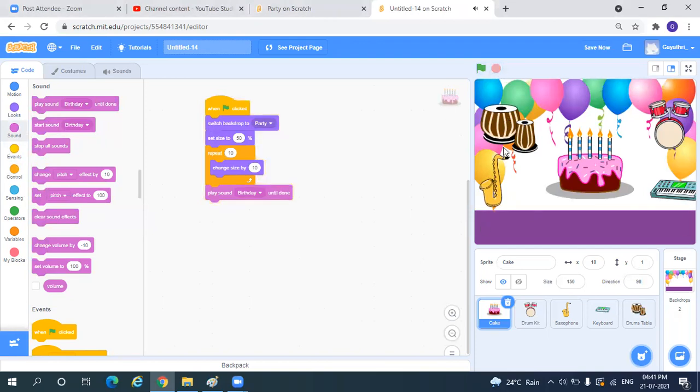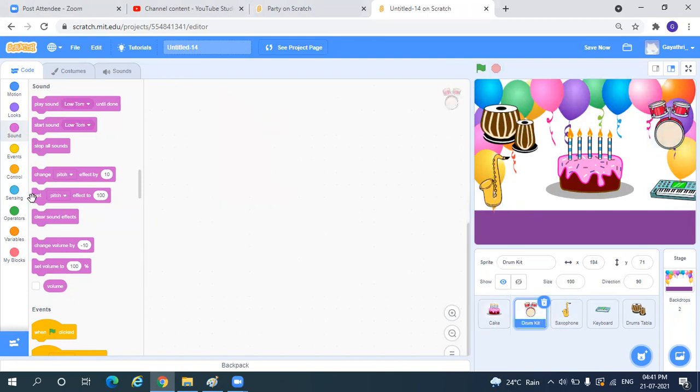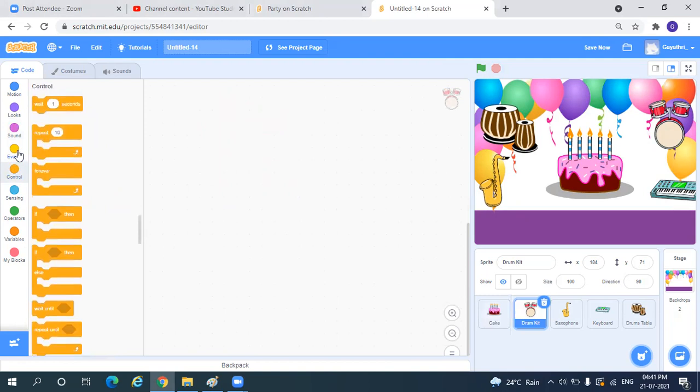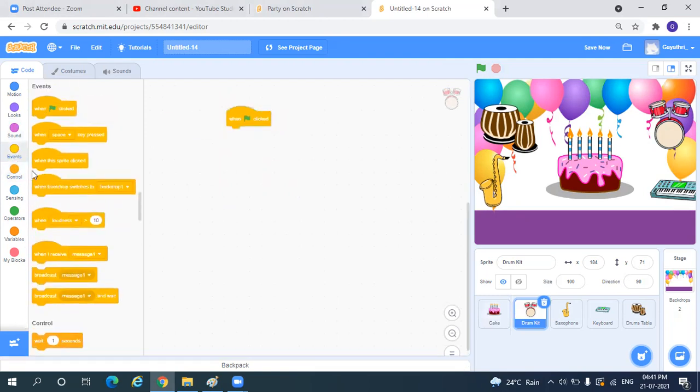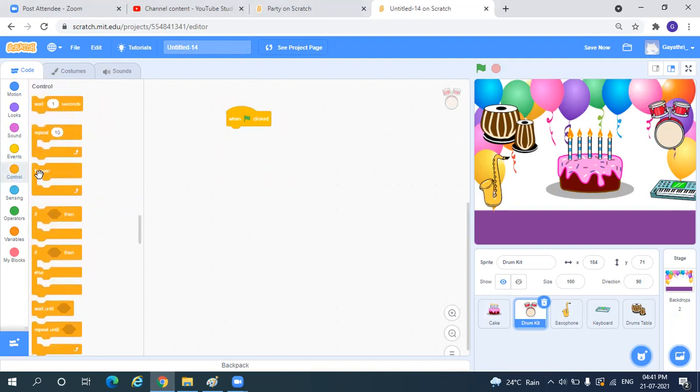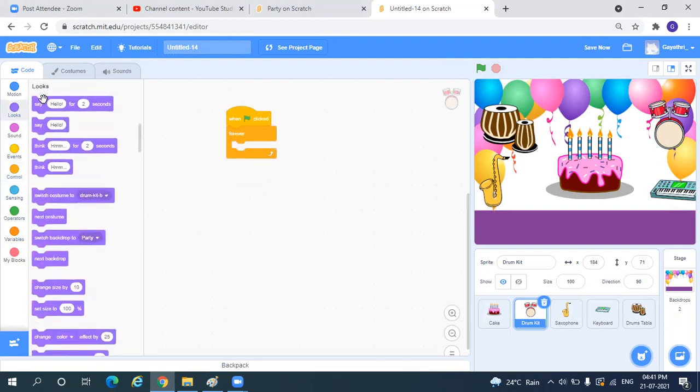Right now we want to play all the drums and instruments, right? For that, go to drums. So go to events. When flag is clicked, then go to controls, select forever block. Then you can see in looks, next costume. So now you can see the drum is animated, right? So you can see drum is playing. So similarly, we'll program for tabla, saxophone